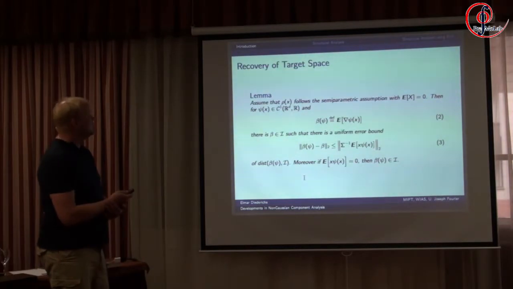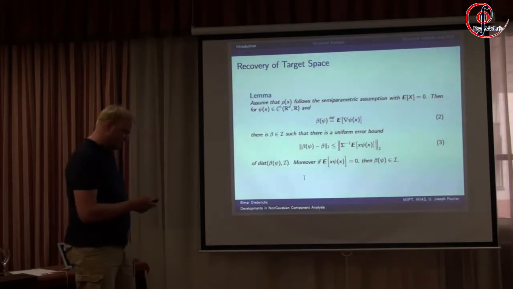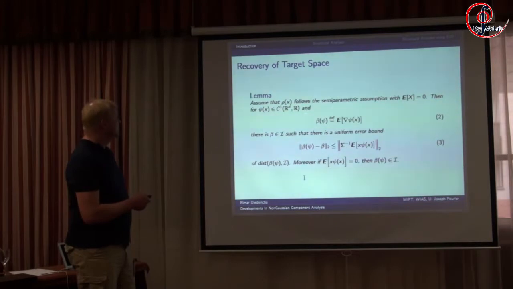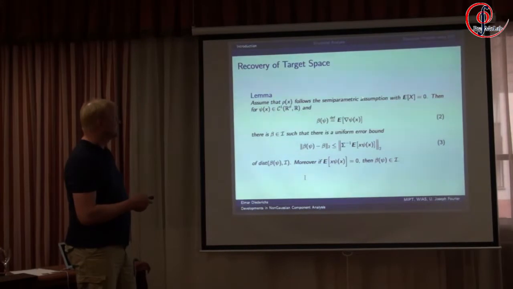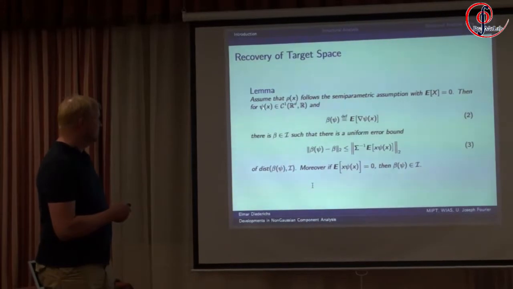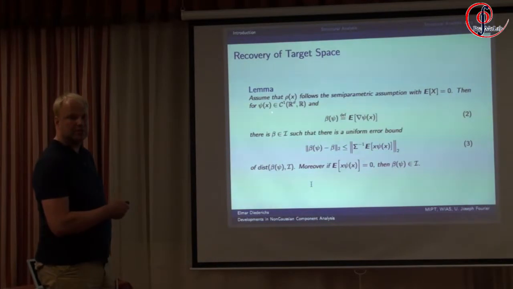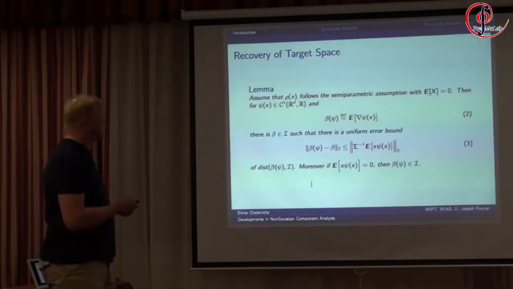How is it possible to recover some elements from the data space? We have a lemma that gives us the possibility to do this. We assume that rho is the data density, and we of course assume that the semi-parametric assumption shown on the last slide is valid. And we use this smooth function psi. Psi actually can be any function, but different variants of non-Gaussian component analysis differ exactly in the construction of psi. If we assume that, then we can show that the element beta of psi, defined as the expectation value of the gradient of psi, is an element of the non-Gaussian component